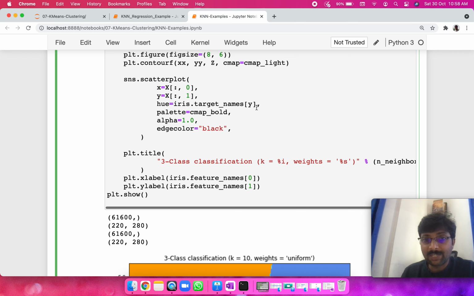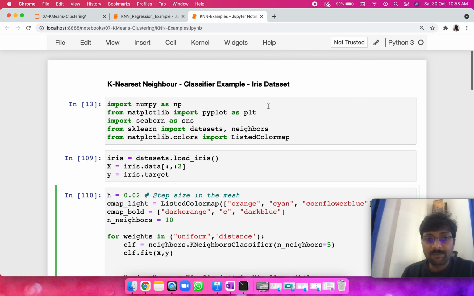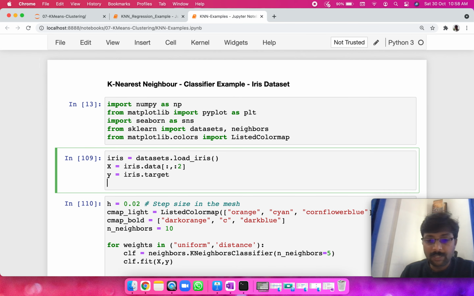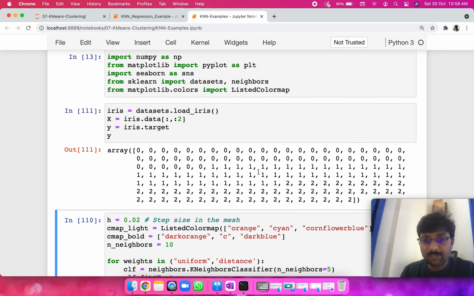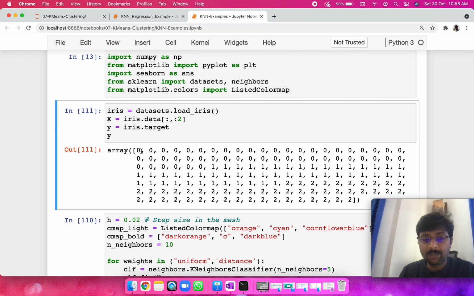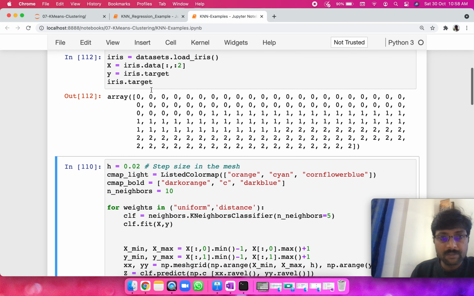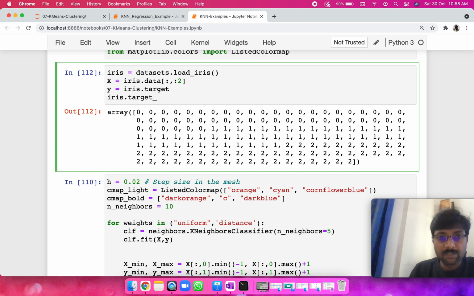The y values are actually indices, correct? When we gathered the data, the y value is the output of each and every row, right? Now we'll take that and pass it into the target names. So if you look at iris.target_names, sorry, I think it should be target underscore names.